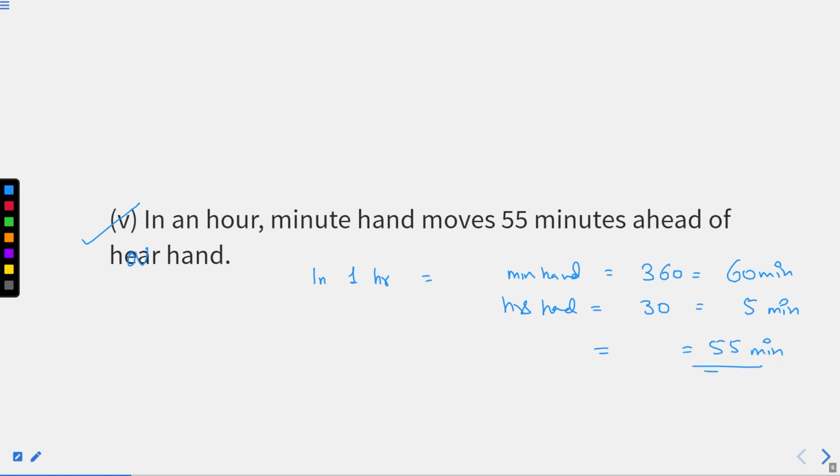I hope this part is clear. Or in degrees, that is 330 degrees. This is the difference in an hour. I hope you are very well aware of all these things now. If not, definitely after this video. Those who don't know how to watch time will get to know, and those who know how to watch time will get to understand many more concepts here, right?